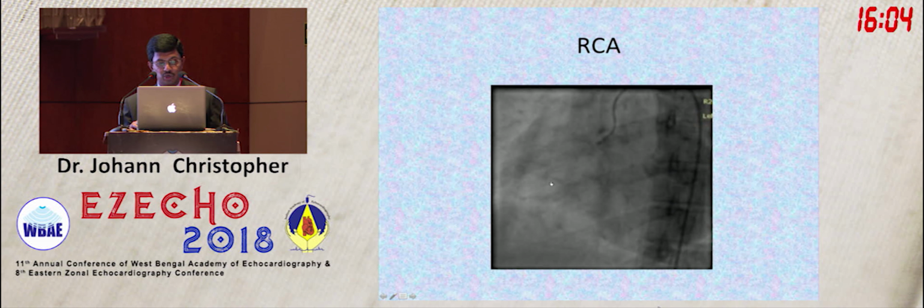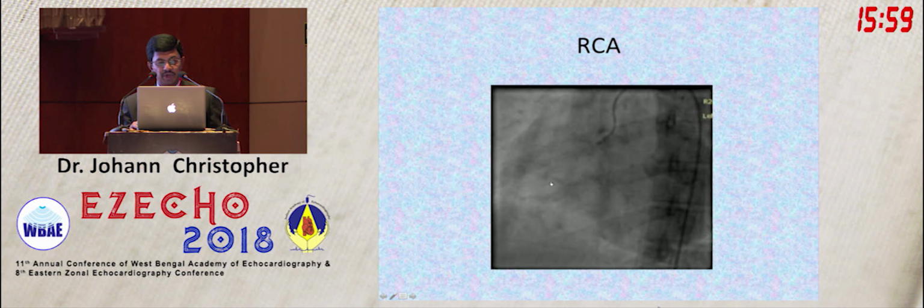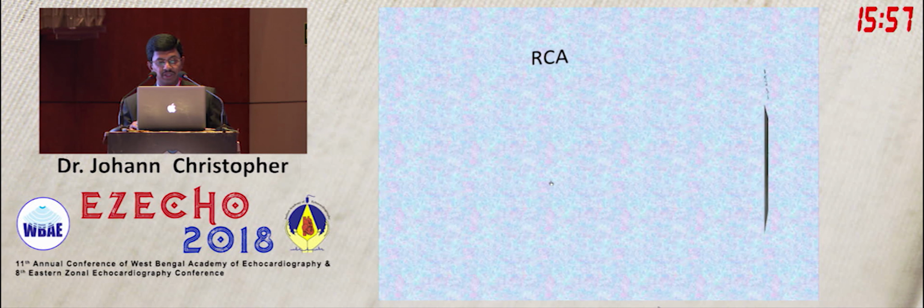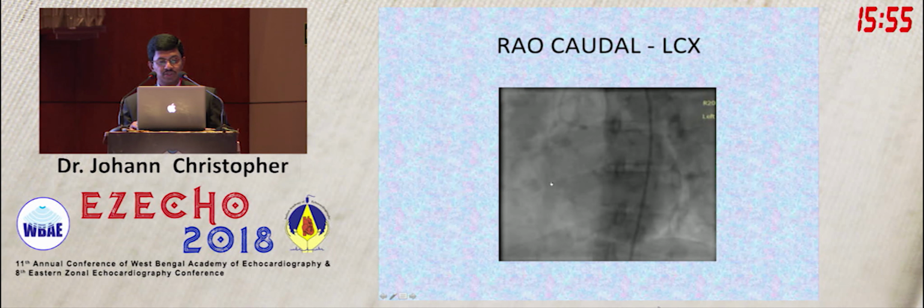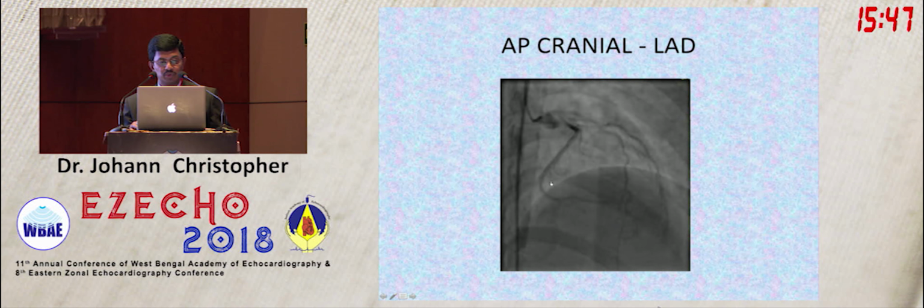And this is a right coronary. He had difficulty in cannulating this patient. There was some damping in the right coronary, and he had also severe difficulty engaging the left, with significant ventricularization, so he was just giving bursts of contrast. You can see the various views. It was very